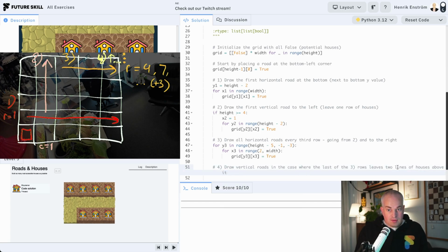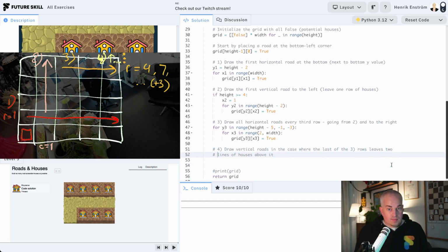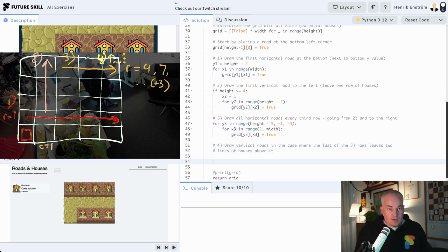Something like that. So how do we know that? Well, what is the last one here going to be, so it has to do with if the height